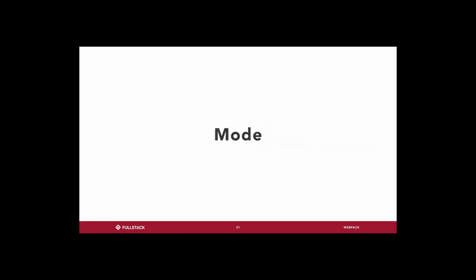Cool. All right. So let's talk about this thing that got introduced with Webpack version 4, which is mode. With Webpack version 4, you get the option to specify development or production mode, which actually simplifies a whole lot of cruft from previous